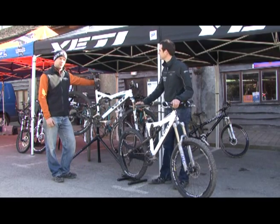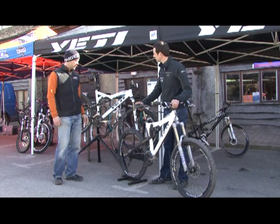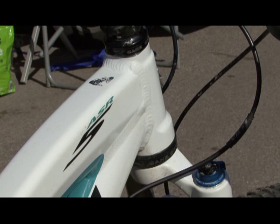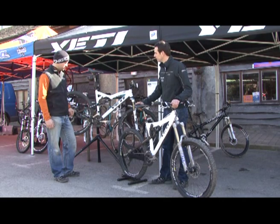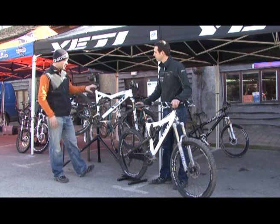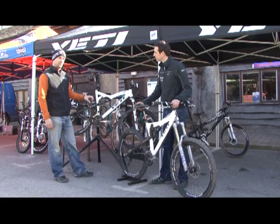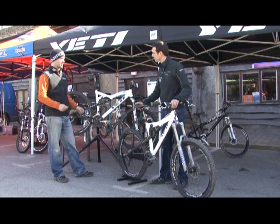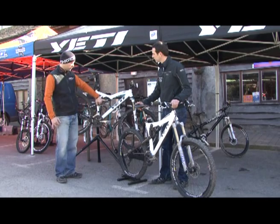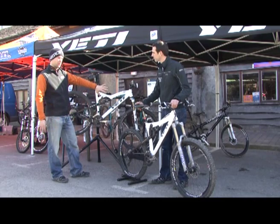Okay, so the ASR5 is new for 2010 in either an aluminium frame or also in a full carbon frame as well. Designed around a 120mm fork, 5-inch at the back, and then you've also got the possibility of a bolt-through dropout on the rear. Differs from the 575 in as much that it's a lighter, tauter platform overall. A nice low slung bottom bracket, super fast trail bike, but also with the same head angle as a 575 has. So for all round trail riding, fantastic, lighter, tauter feeling due to a firmer mid-stroke in the shock. So it pedals very firmly, but still with a nice slack enough head angle to be nice and well mannered